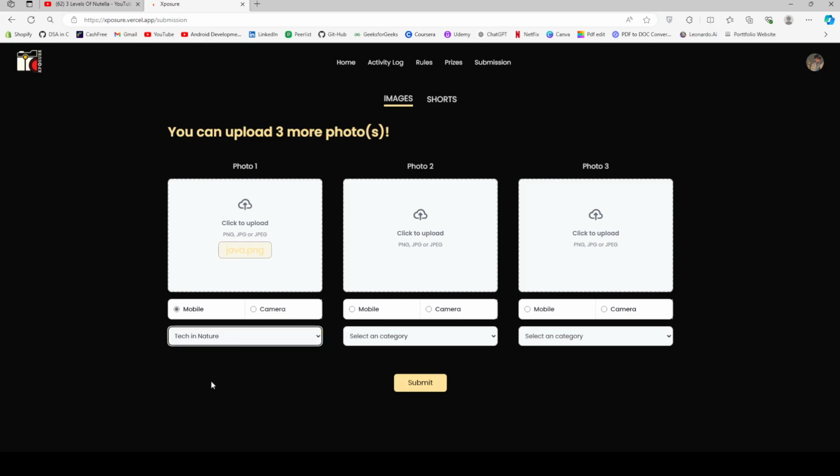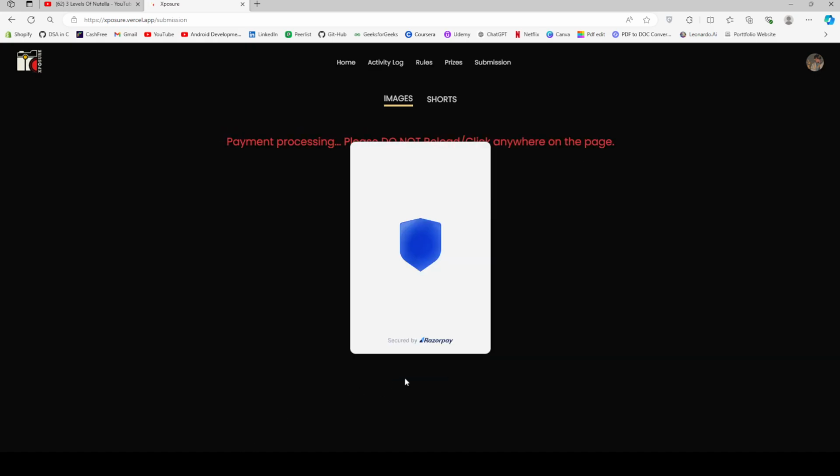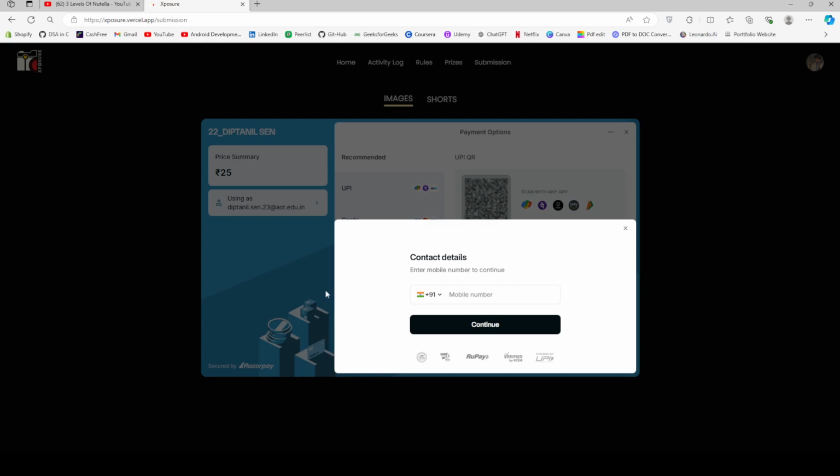I am selecting tech in nature. You can submit your other photos too. Then click on submit. After that, you have to input your number and then use the payment methods that have been provided in the